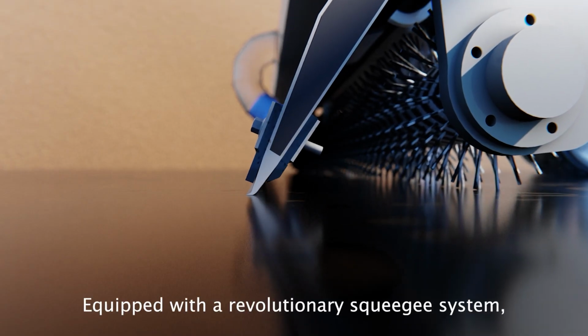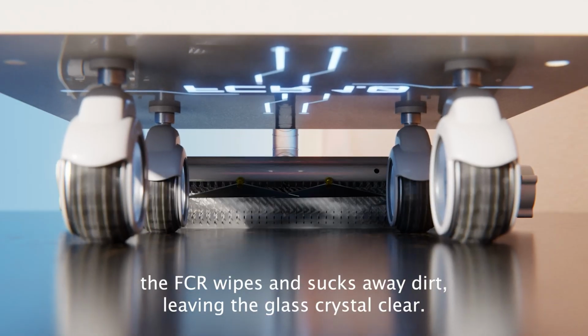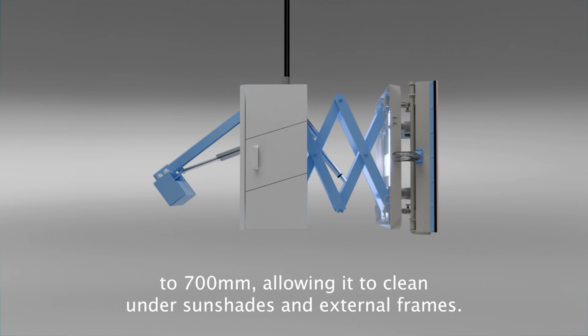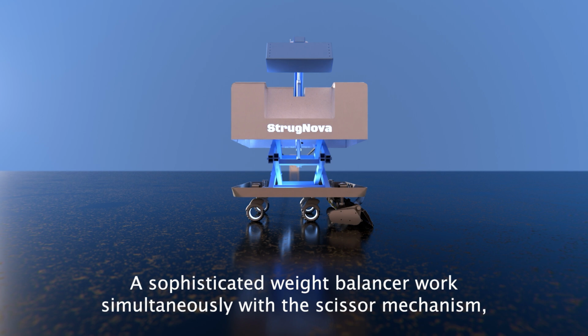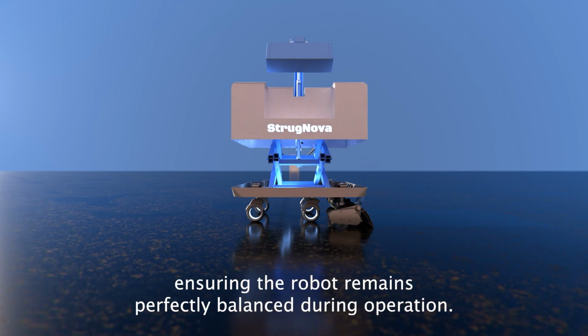Equipped with a revolutionary squeegee system, the FCR wipes and sucks away dirt, leaving the glass crystal clear. The FCR features a versatile scissor mechanism that extends its reach up to 700 mm, allowing it to clean under sunshades and external frames. A sophisticated weight balancer works simultaneously with the scissor mechanism, ensuring the robot remains perfectly balanced